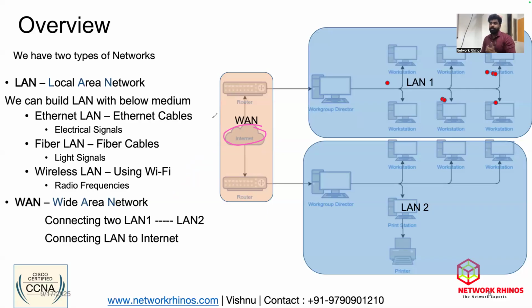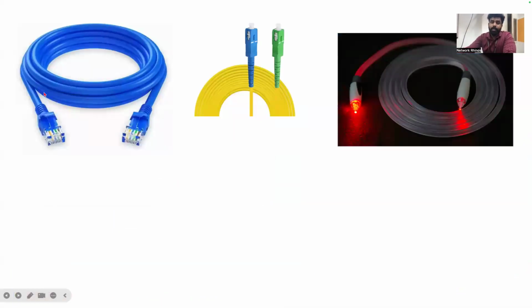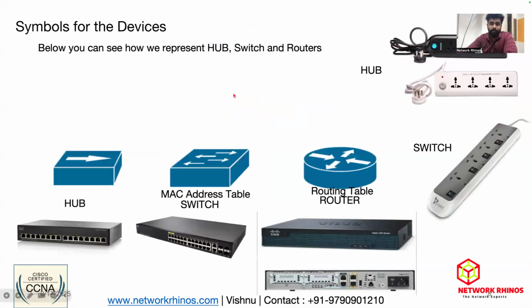When they are nearby, there are other possible cases. I can simply put a cable and connect and communicate. I can use a USB cable or Ethernet cable or even fiber cable. But internet is required only when you have two devices which are very far away, like the YouTube server and you. So as of today, if somebody asks you what is WAN, just tell them internet is equal to WAN. Here is how the Ethernet cable looks like. There you got the fiber cables with light and just the normal yellow wire cable.